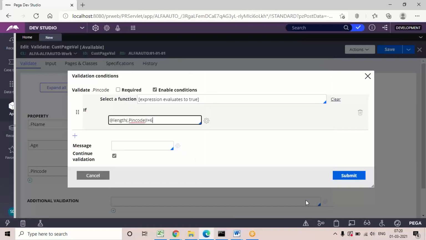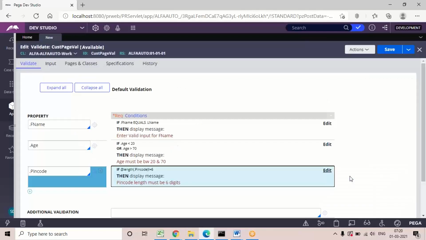So after applying the function and condition, add a message. Click on submit. Save this design.